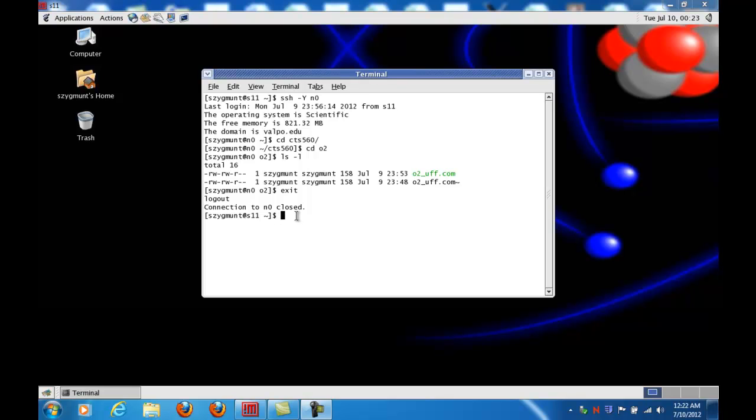So the first thing is that once you log out of the N0 machine and you're back in your home machine, unless you were already in the specific directory that contained your input file, you have to go to that. So for me, I have to type cd for change directory, cd CTS560, and then when I look at that, I type my ls -l command. I have a directory O2, so I type cd O2,